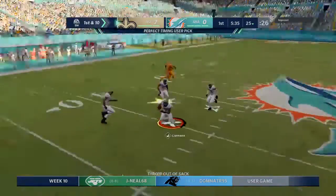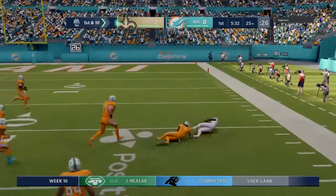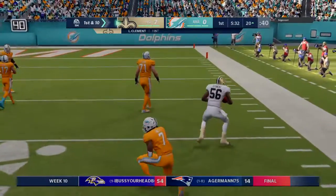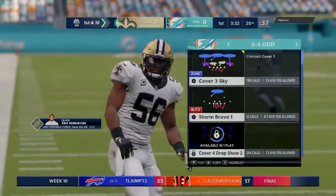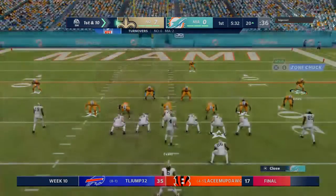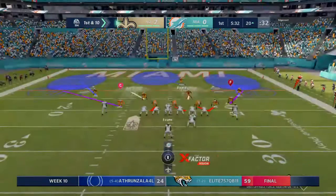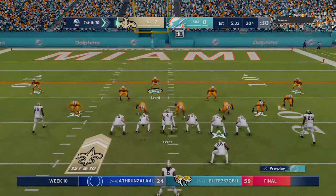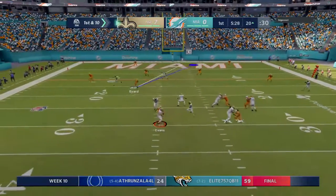I think you are. Into heavy traffic, and it's intercepted. Picked off at the 39. And he is going to get this one back to the 20-yard line. Intercepted. Well, to me, it's pretty simple, and it's fairly obvious, isn't it? He's got to start making better decisions with the ball. That's now 2 interceptions in the first quarter. After interception number 1, there was a long talk on the sideline. And now he's made another mistake. Yeah, he's just been kind of...